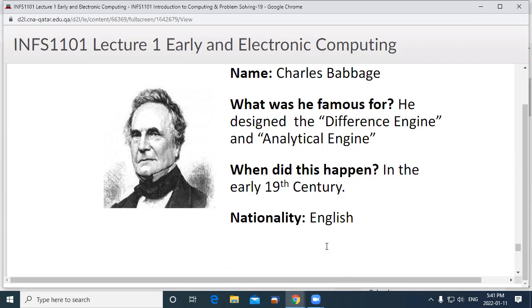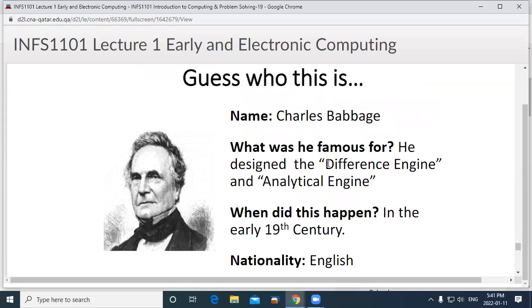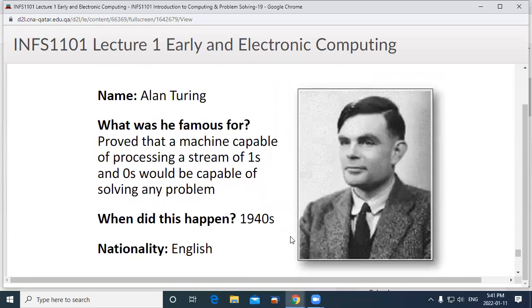Charles Babbage, he made the mechanical calculating device, right? Babbage's difference engine or analytical engine. So a long time ago, right? 1830s. Turing, remember what he was important for? He actually came up with the Turing